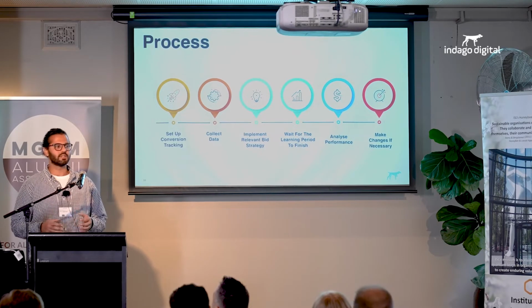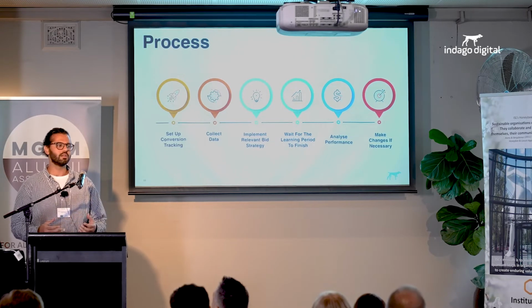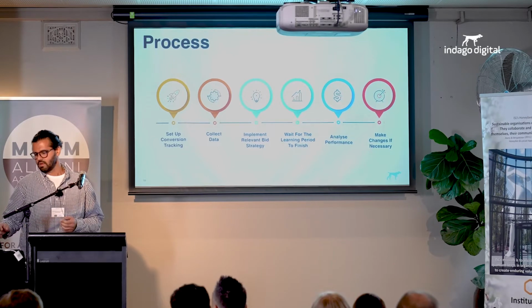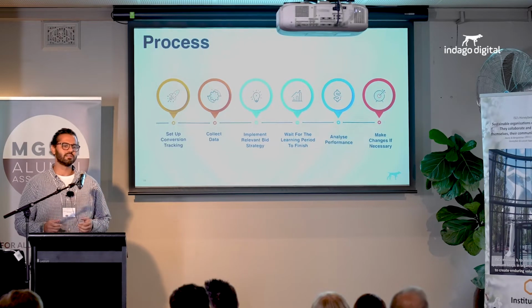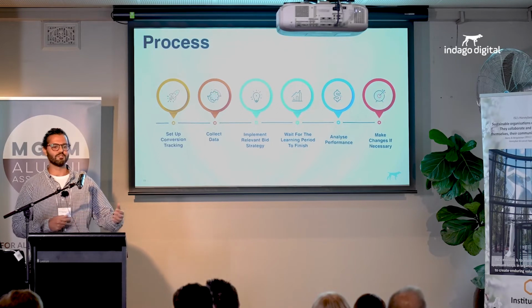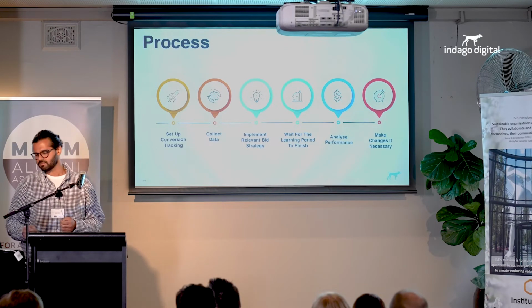So maybe you can set up a conversion for a particular landing page that's important to you and optimize your campaigns towards that. We say that because conversion focused and revenue focused bid strategies tend to work better than just open-ended bid strategies that target awareness or traffic, for example. Once you've set up your conversion tracking, give some time to collect data. The data requirements for these bid strategies to work have reduced quite a lot because over time they've learned to be almost self-sufficient. So you don't really need that much data, but 3 to 4 weeks of historical data is something that is a bare minimum that we recommend.